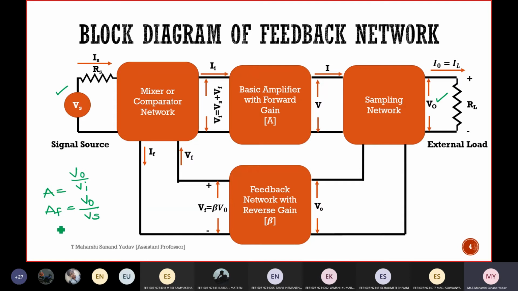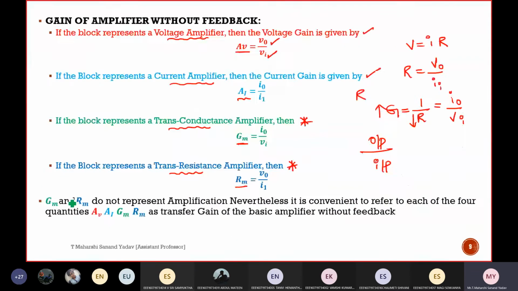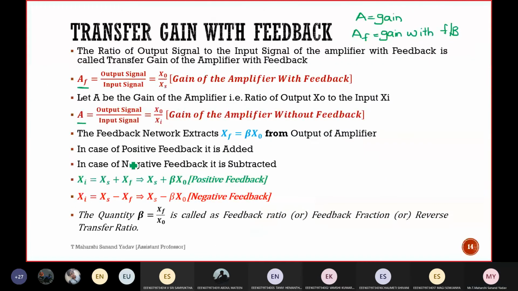It is also called the overall gain. We have seen AVS, which is nothing but overall voltage gain. Means you need to include the source part also. That's what I did here. So for A you don't consider this part. Only you can go with this basic amplifier. Why? Because here A is there. So input Vi into A will give us the output. So this is nothing but normal gain without feedback. AF is nothing but gain with feedback.